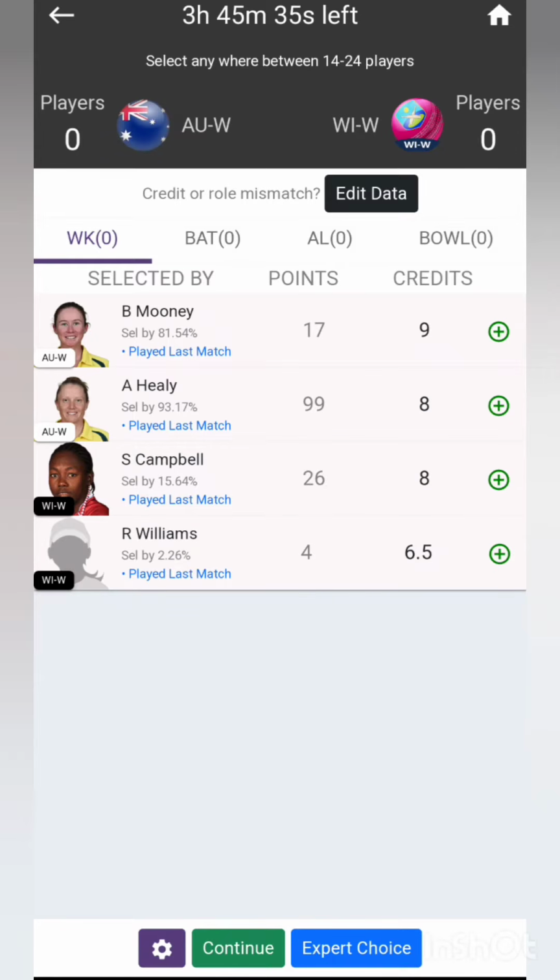For example, we don't want a team with 2 wicket keepers both from West Indies, because Australia has a very strong wicket keeping section, and West Indies have less talented wicket keepers compared to Australia. So we want at least 1 wicket keeper from Australia. That is very important, and we can achieve it through the role frequency section.